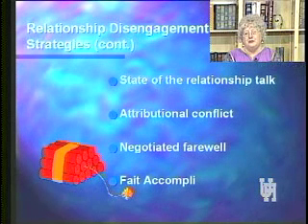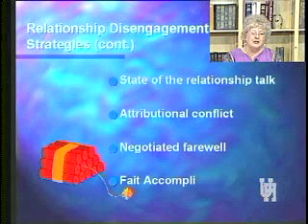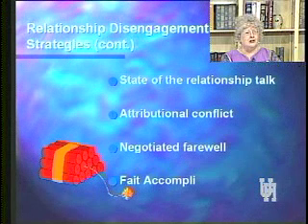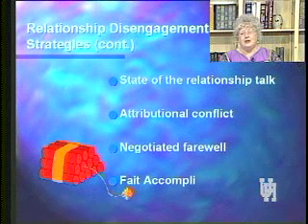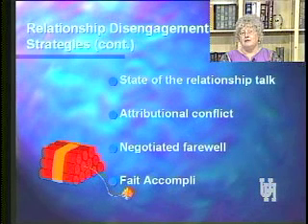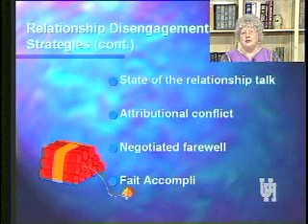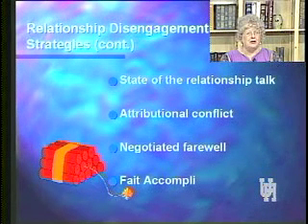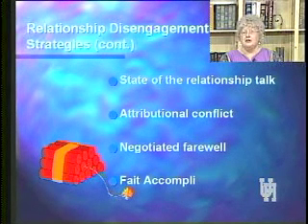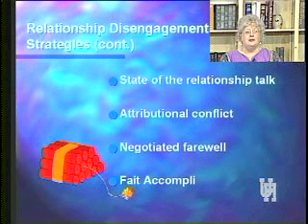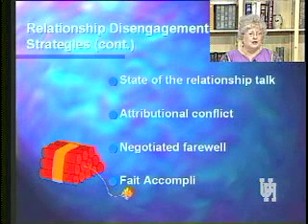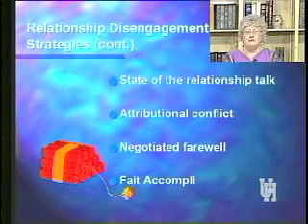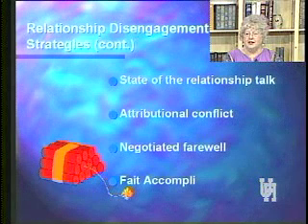Now, we'll come to double bind theory later on, too. Is it the frying pan or the fire, catch-22, and what the characteristics of that are, so that hopefully when you see that coming, you can head it off at the pass. But an attributional conflict says you pick a fight, you generate a conflict, and you blame it on the other person. And most of us know with the people that we're close to, that we're around a lot, that we know what the trigger words are, we know what the trigger subjects are, we know how to set each other off. And certainly people who've lived around each other for a number of years are pretty good at that.